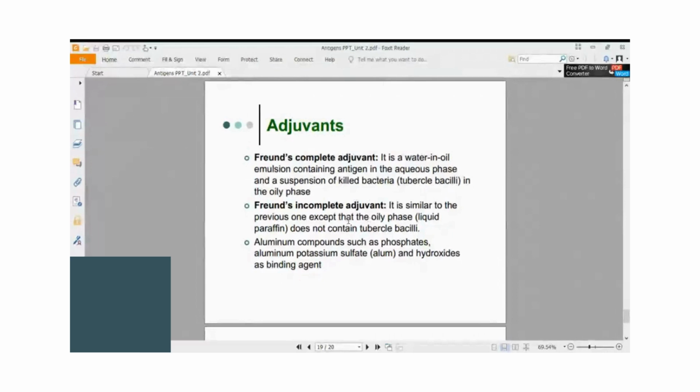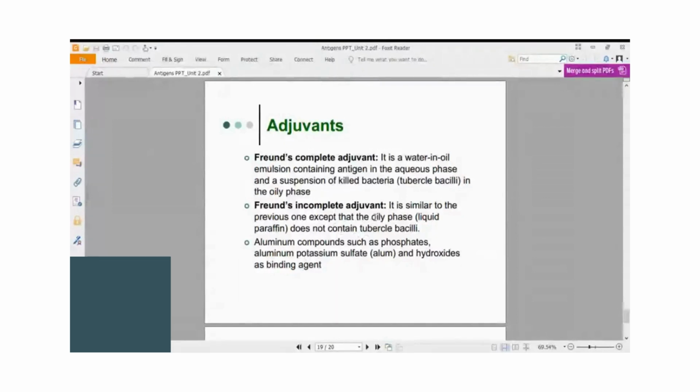And then what is Freud's incomplete adjuvant? It is slightly different from the previous one. It will also contain the paraffin oil and the aqueous phase, but in the oil phase the dead tubercle bacteria will not be there. Therefore, Freud's incomplete adjuvant will be less viscous compared to Freud's complete adjuvant, but it still serves the purpose. When you mix it, the milky suspension that you get in the emulsion form will suffice to